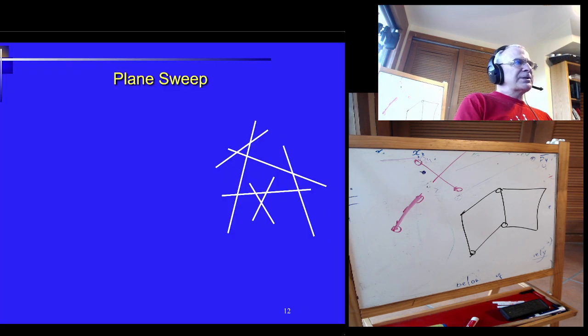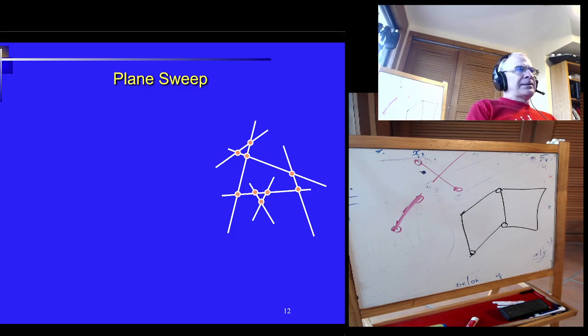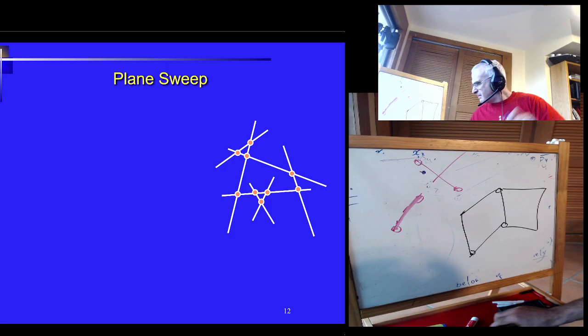And I want to talk about the plane sweep algorithm. Why do I need the plane sweep algorithm? It's more of a paradigm than an algorithm, because there are many algorithms that use the same idea as the plane sweep algorithm. And I'll just suggest two applications here. One application will be, I have a set of segments. For example, I had